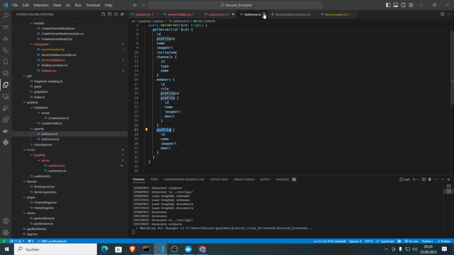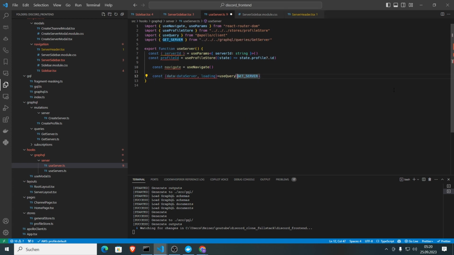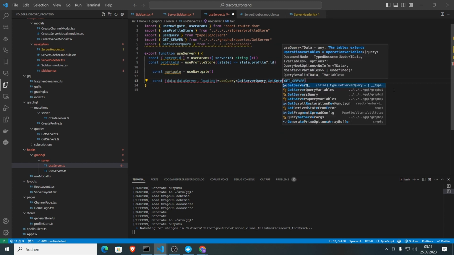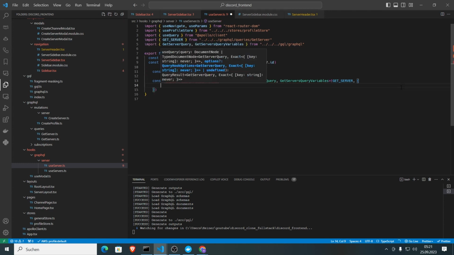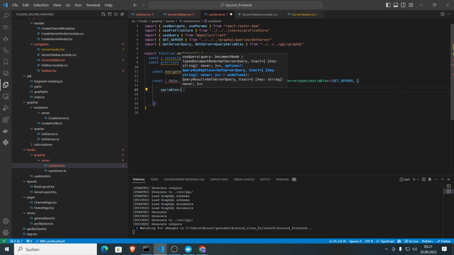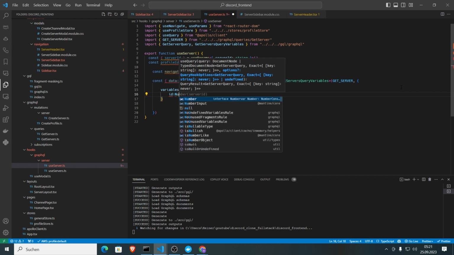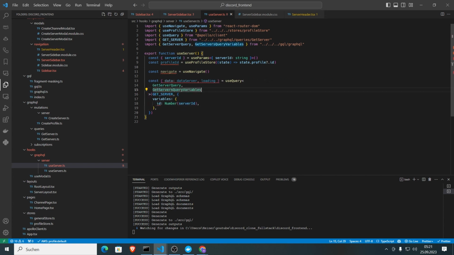and cool, now let's go to our use server hook again, and here we can use get server now. Then let's also properly type it, get server query and get server query variables, like so. Let's provide options here, and firstly let's say variables. Here we need the ID, and we need to use number here, because the server ID is a string or undefined, so we need to use number here. Okay,